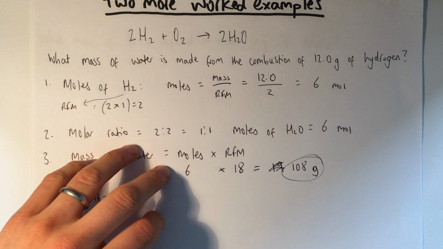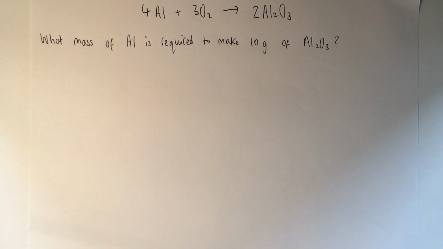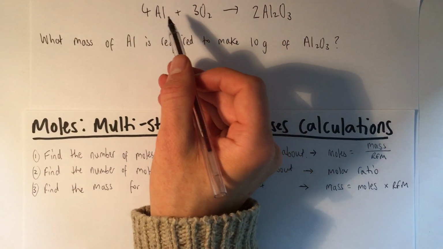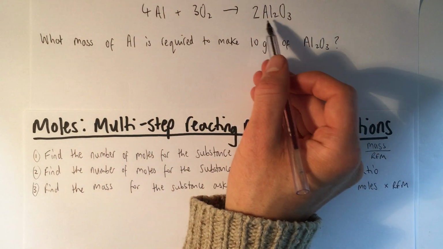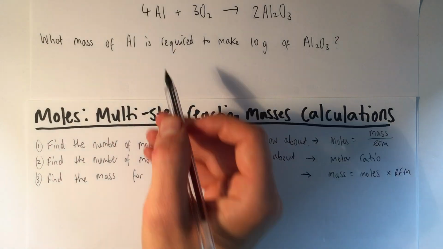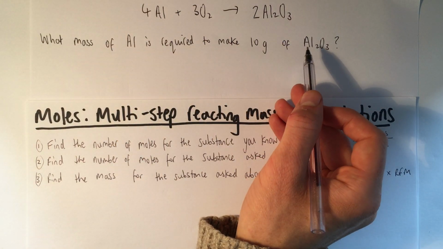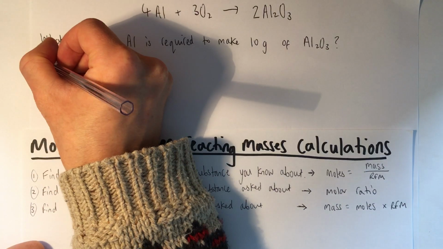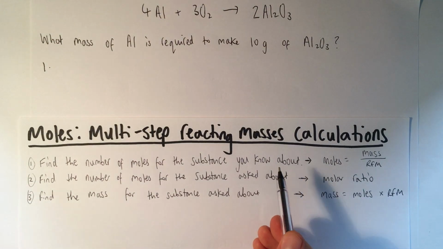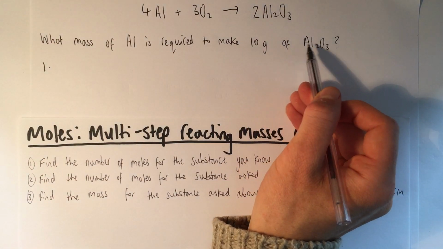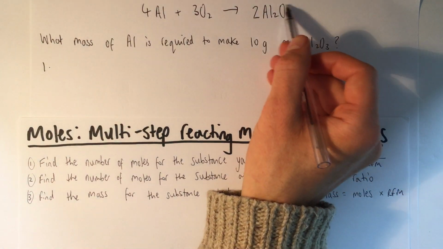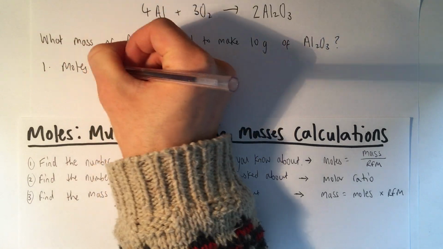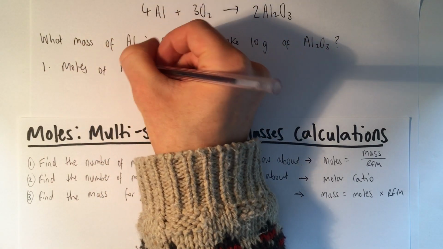All right, one more example then. This time we've got aluminium reacting with oxygen, making aluminium oxide. What mass of aluminium is required to make 10 grams of aluminium oxide? Okay, first step, number of moles for the thing that we know about. We're told 10 grams of aluminium oxide, so it's this that we're going to work out the number of moles of first. So moles of Al2O3